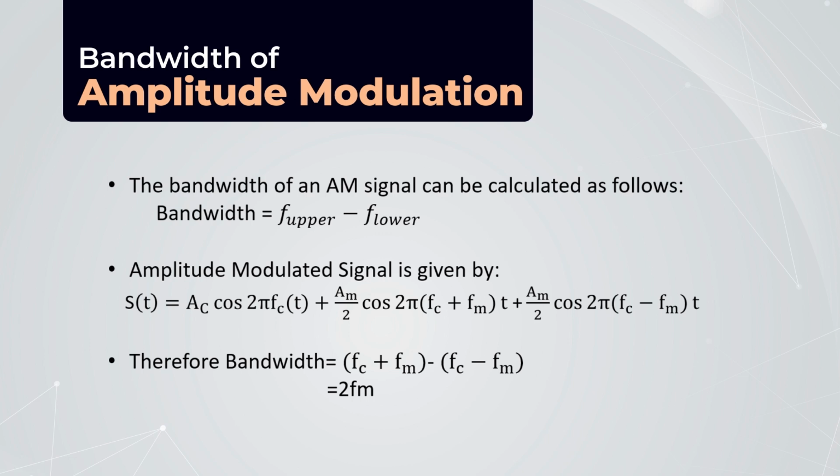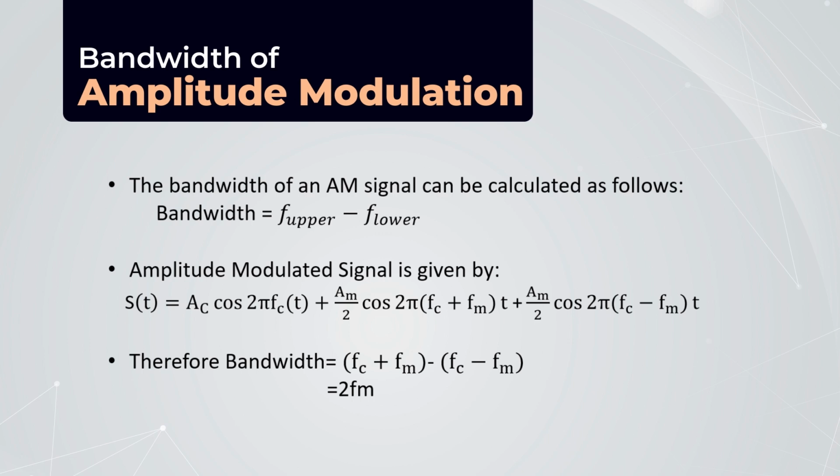The amplitude modulated signal is given by s(t) = Ac cos 2πfct + (Am/2) cos 2π(fc+fm)t + (Am/2) cos 2π(fc−fm)t. From the above equation, we have the upper frequency, that is fc + fm, and the lower frequency, which is fc − fm. Therefore, the bandwidth of the AM wave will be the difference between the upper frequency, which is fc + fm,